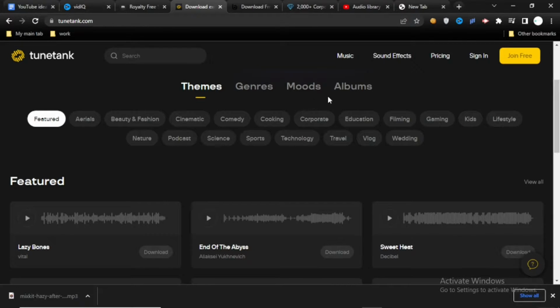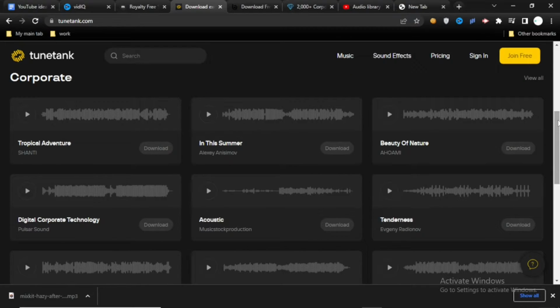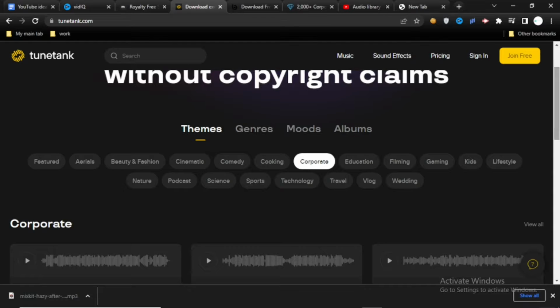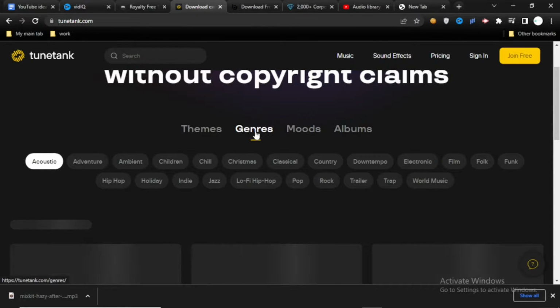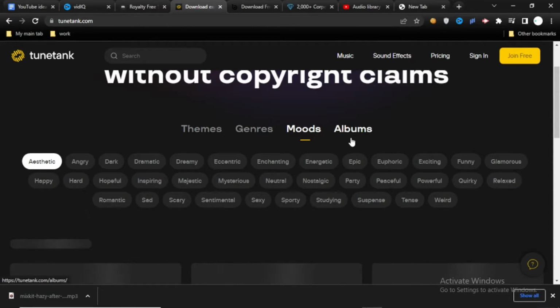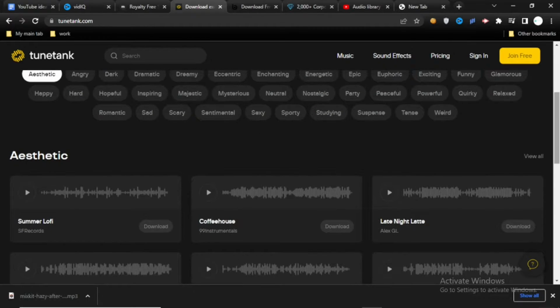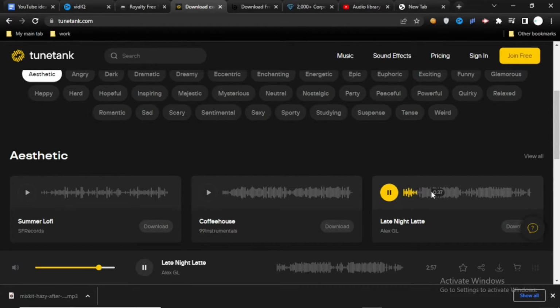So most of the type of music that I use, the themes that I use, are mostly under the corporate themes, and you can also search through with themes, the genres, the moods, and also through albums. As you can see, very easy to download. You just have to check out